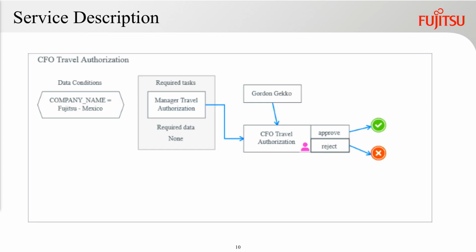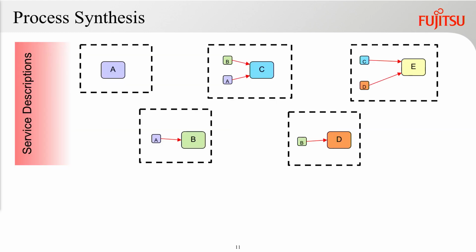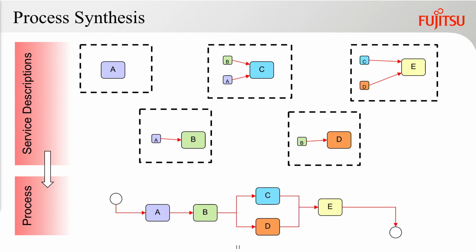Now in the actual demo, you'll see a service description displayed like this. You see the task, you see the person doing it, and you see the required data, required task conditions that have to be done before that. Now taking this service description and a whole collection of these across the organization, and notice that I've left some of the requirements out, we can then generate the process, and the process is a little bit different here, but it's okay because it meets all of the individual service description requirements.